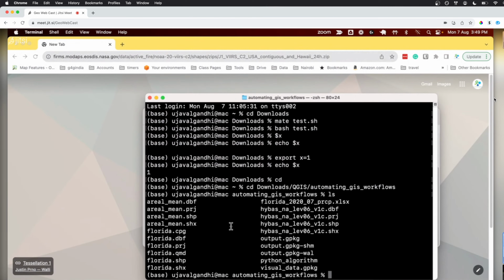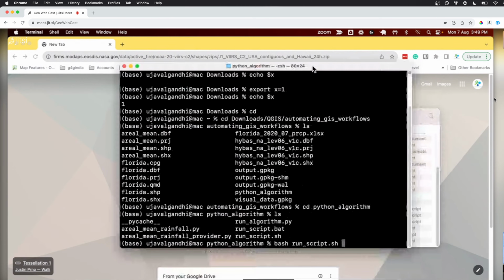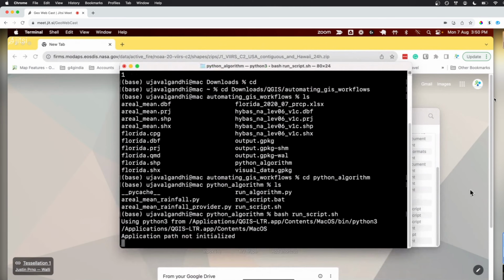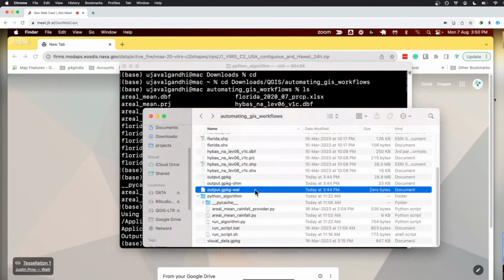So here, I think we have one more Python file about that, right? Here we have our files, and I'm just going to say run script. Right? So this will set my environment variables, call that helper Python script, which will start QGIS and run the algorithm that I've just exported. Right? Okay. And I run this, and you'll see that it is now doing the analysis, the intersection, the aggregation, all the stuff that we did. And you can see output layer created. And you can just say this was, I think it creates everything.